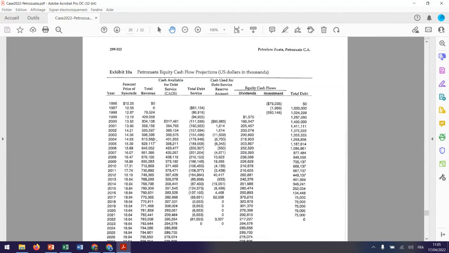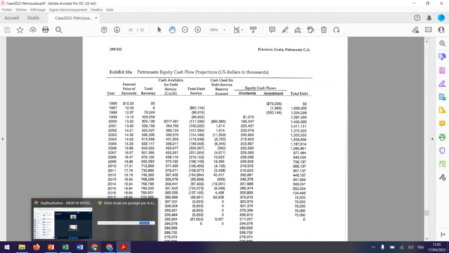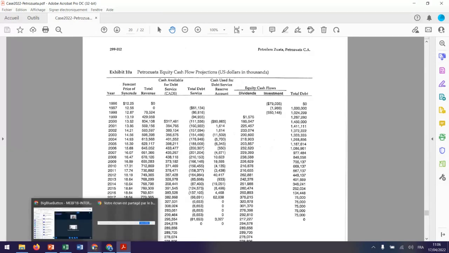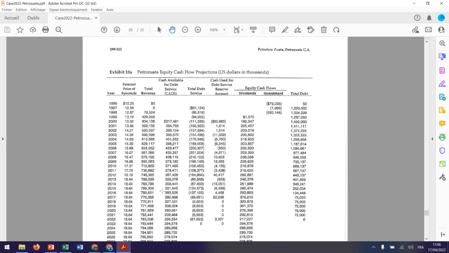So now, how can we ensure the scenarios that you should make? Okay, let's go part by part to see what the potential major risks are that may affect the economic cash flows or the cash flows. If you are able to identify the major risks, then you are going to know how to adjust the numbers to make the sensitivity analysis or scenario analysis, and then recalculate the DSCR or calculate